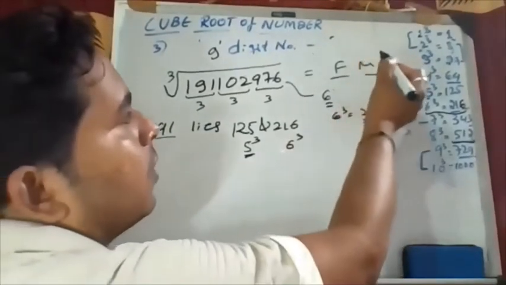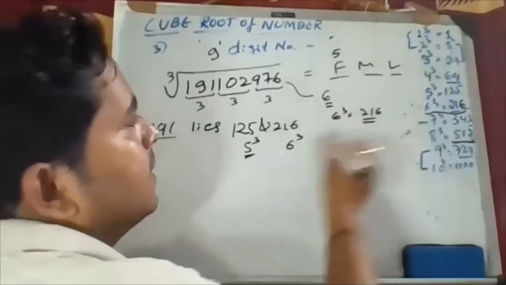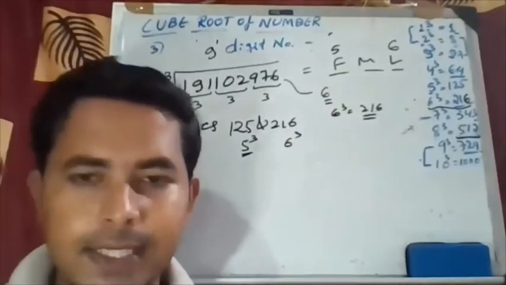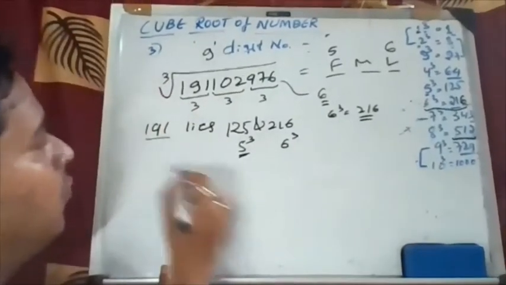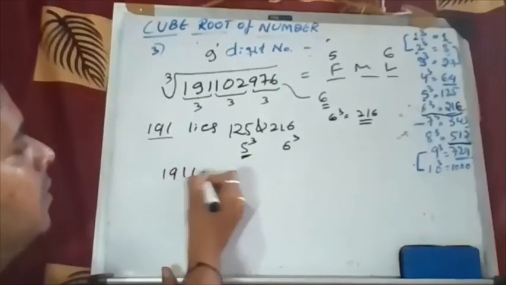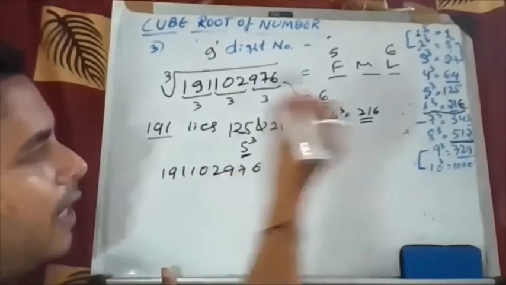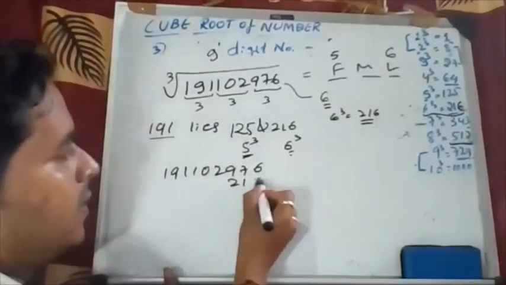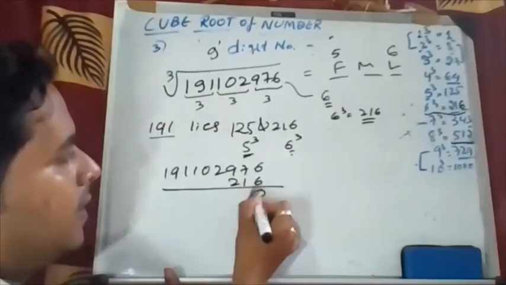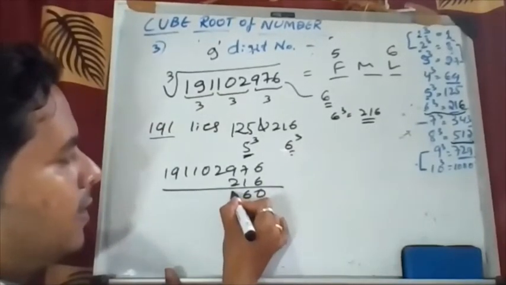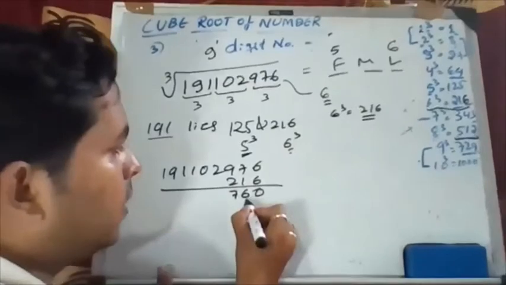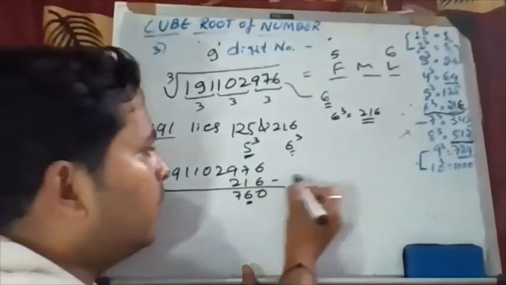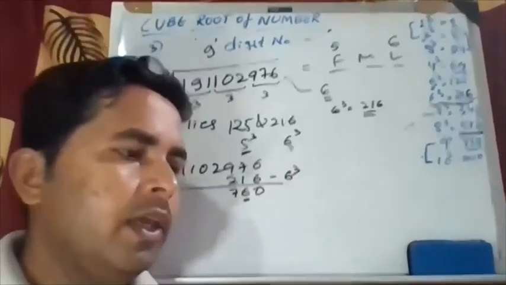So your first digit is what now here? 5 and last digit is what? 6. Now what you have to do? We have to find a middle digit. Same method. कैसे करना है? Take a value full again. 191102976 and cube value लेना है क्योंकि that is a unit 6. Cube value क्या है? 216. So just subtract here. That is a 6 and here it is a 7. Okay. So consider only this number. इधर क्या है आपको? 6 आ गया. And here you did with a 6 cube.